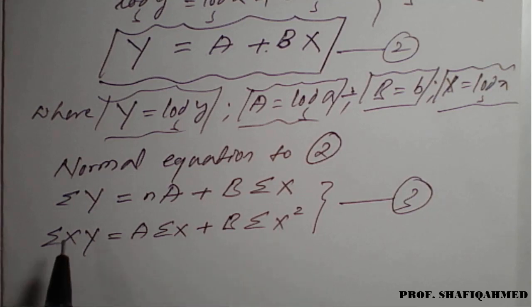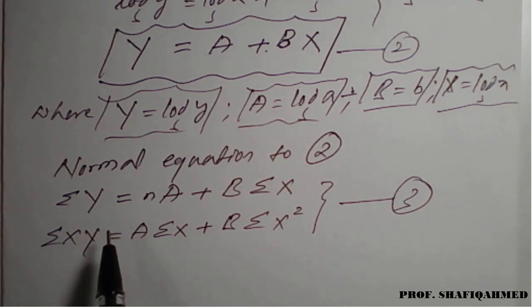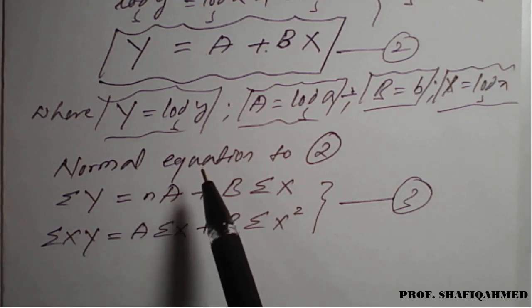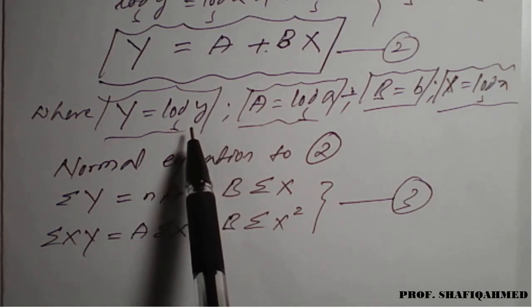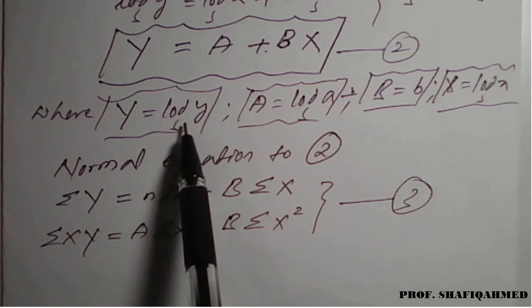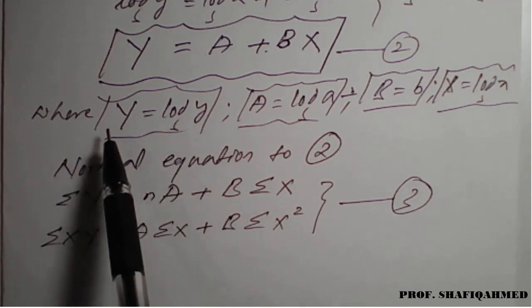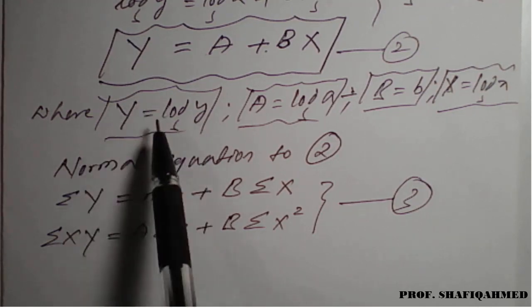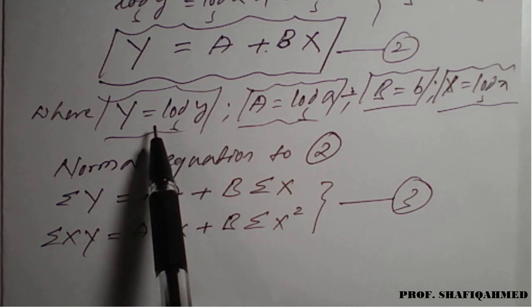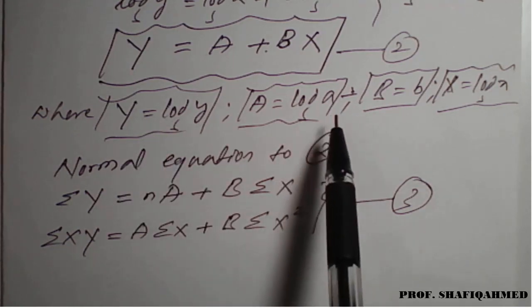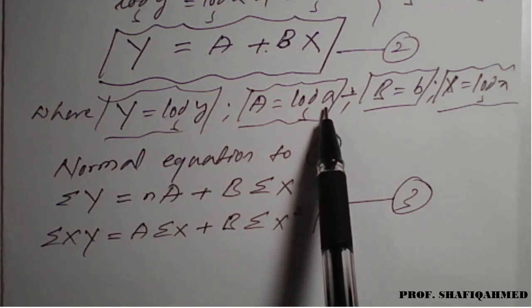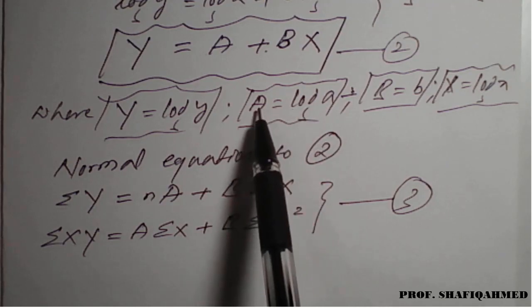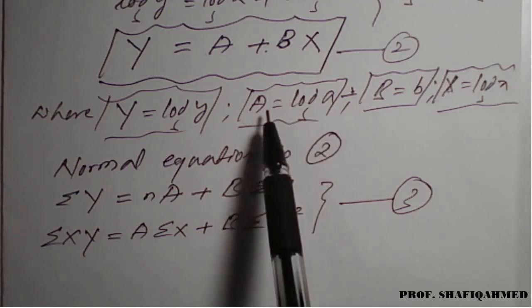So we again go for the table, and once we get all these values, we have to go back and replace the value of small y. From this, small y, shift this log to the left hand side, it will become small y is equal to e raised to capital Y. We are not finding the value of y and x, but we are finding a and b. So small a is nothing but e raised to capital A.